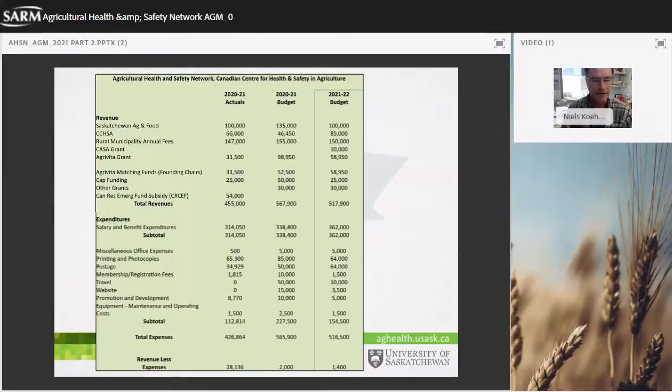So for the 2021 budget, we have similar sources of revenue accounted for, including our matched funds through the Agrivita program. On our expenditure side, the one slight change, if any of you caught it, that was different between what we had up there before and what Adam just updated, is a smaller budgeted expenditure for the website